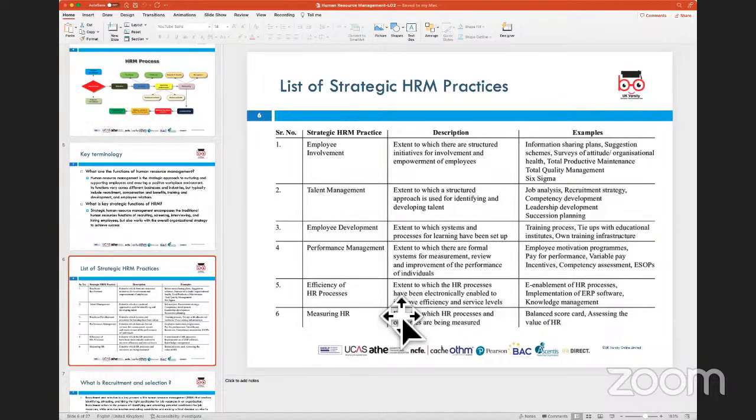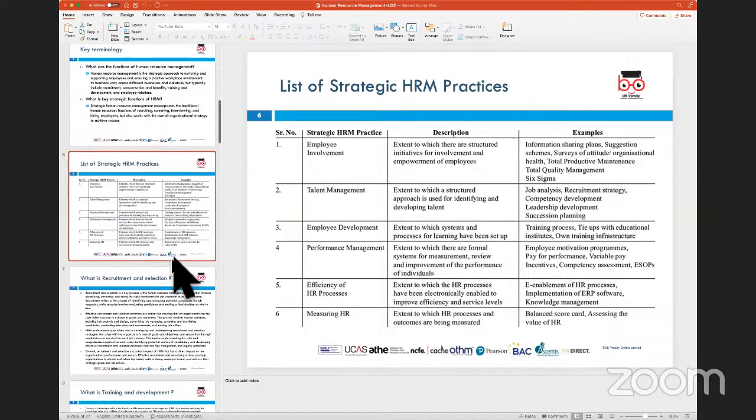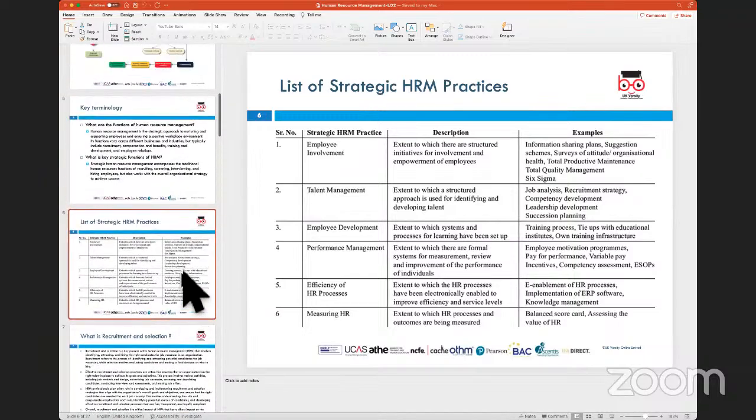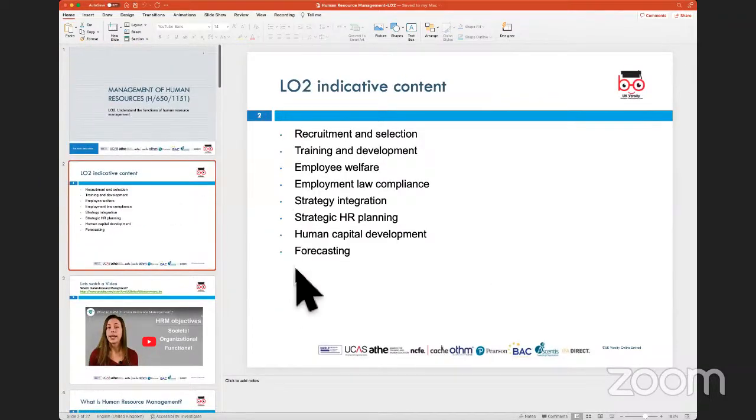scheme of things which are running the organization. So this generally tends to be the entire role of HR and the processes which HR puts in place in a nutshell when we look at this particular learning outcome. Is that okay? Yep. Now, because we have some key terms that we need to look at in the indicative content,